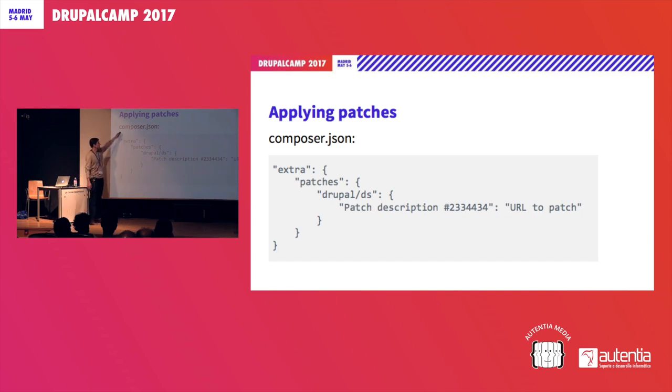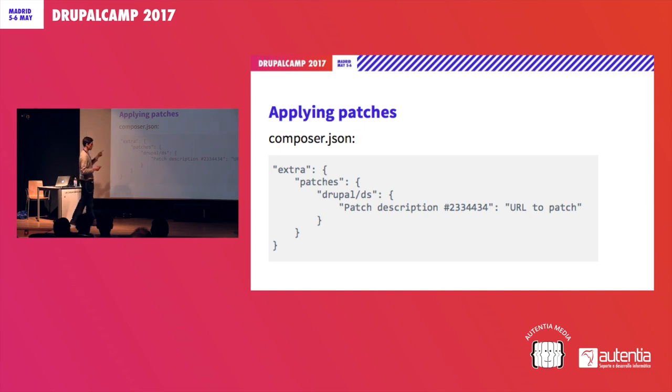So in the composer.json file, you can use the extra attribute to include a patches section. And in this section, we can include a line for each project with a description of the patch and the URL of the patch. What happens with this is that every time that we type composer install or composer update on the command line,